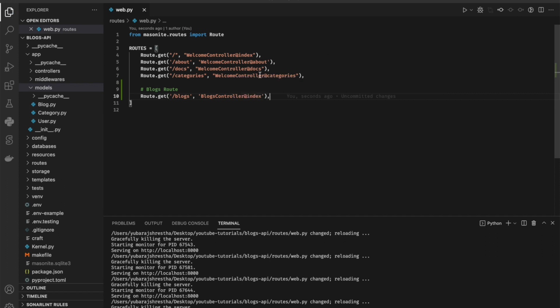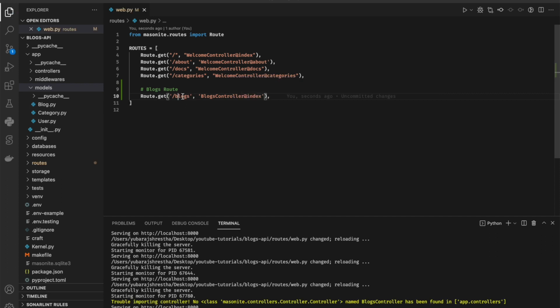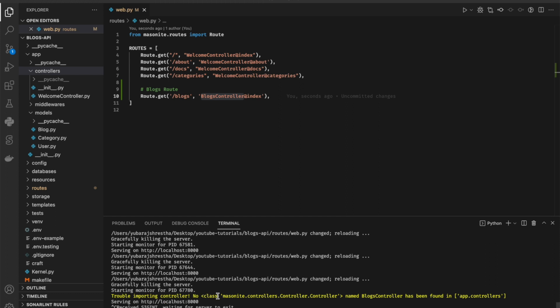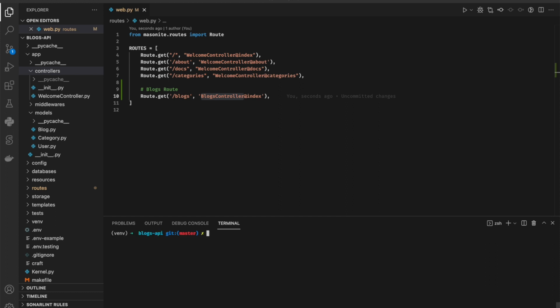Okay, so here we are using blocks, and here we are using blocks controller, and this is the class, and this one is the method of that class. So if you visit this page, then this will try to get the contents from inside this method of blocks controller. We do not have blocks controller right now, so we have to create that. Let's see if we have any option to create controllers or not. So in order to do that,